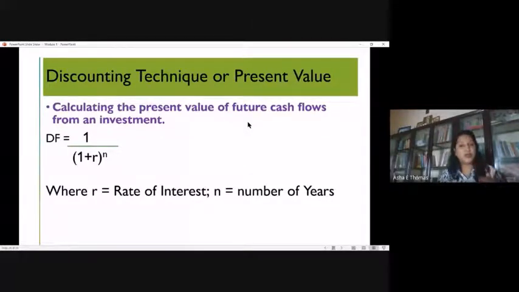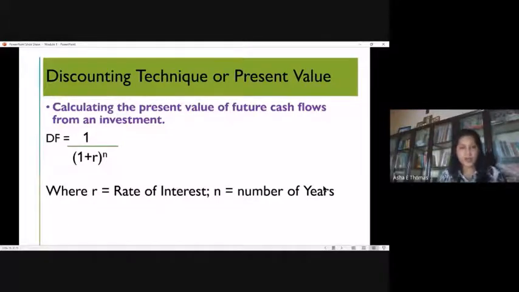Now, when I'm talking about discounting, the very simple formula is: what is the value of 1 rupee with so and so interest, and that rate is the discount factor. Rate of return and NPV. R is the rate of interest, or otherwise the discount factor, and N is the number of years. So what is the value of 1 rupee in the nth period with so and so discount rate? That's the simplest formula for discount factors. That is why we put it as 1 by (1 plus R) raised to N.